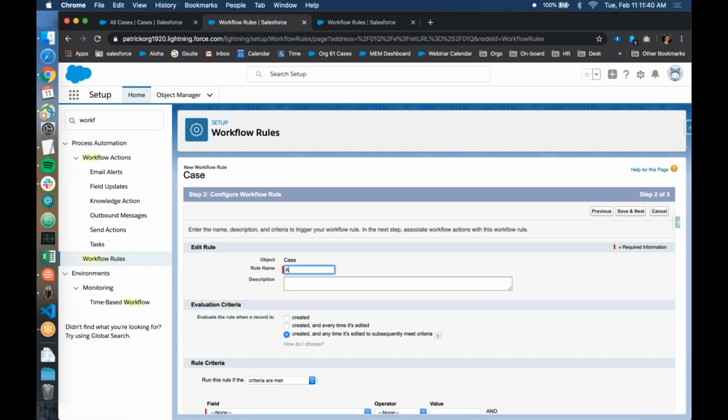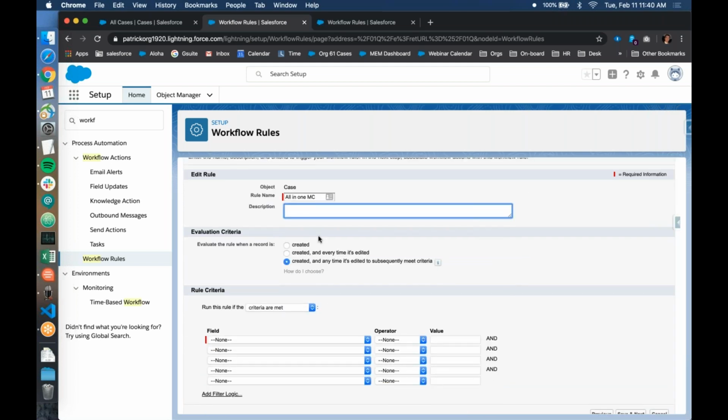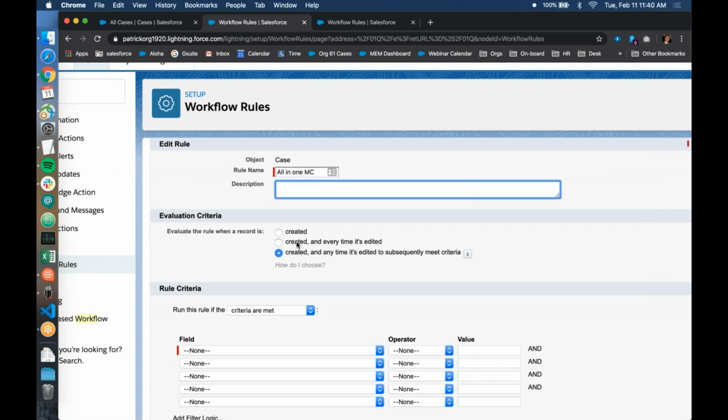And we'll name the rule here All-In-One Masterclass. For the description, it's more for behind the scenes, just so other admins know what this is exactly. And you'll see different rule criteria too: created, every time it's created and edited, and created and any time it's edited,